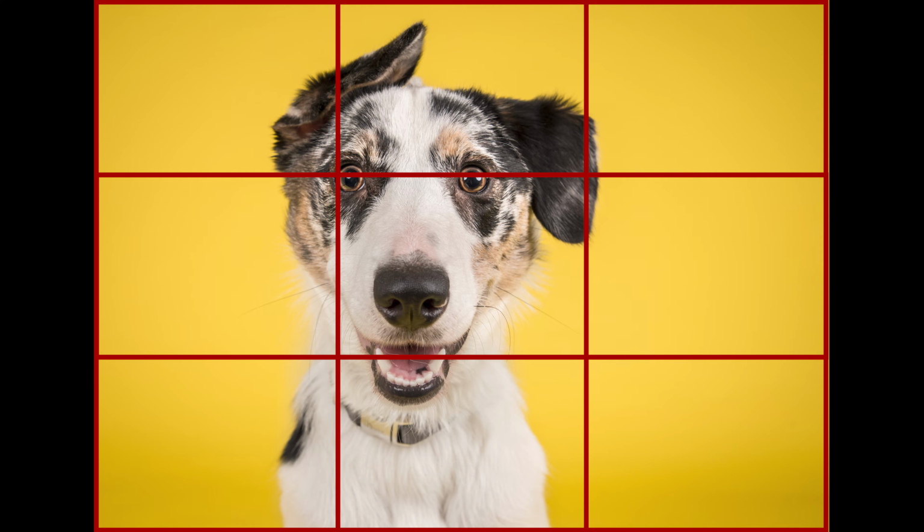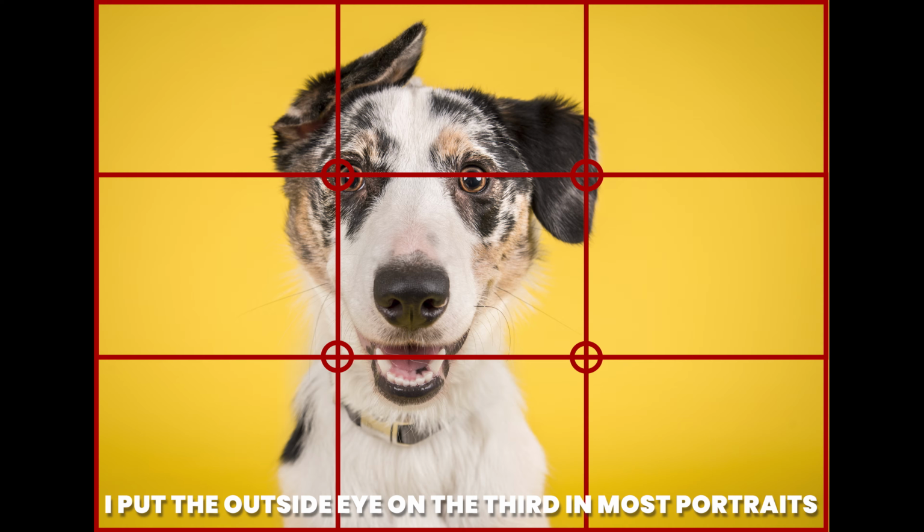In this kind of situation, when you've got these squares, you end up with 4 intersecting points. Now, these points essentially are what you want to put your subject on. If you do that, and that's all you do, your photographs will already have a lift. However, rule 2 when it comes to using the rule of thirds is that you should always use your